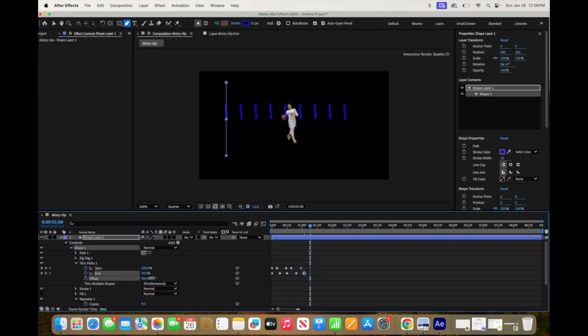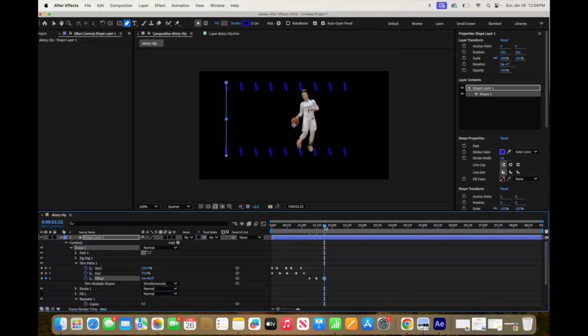And as you see, the offset keeps the animation going, and I'm going to increase the offset. I don't have the end value fully at 100% because I want to keep the length of the line the same as I keep moving on the timeline, increasing the offset value. All right, and let's just say right around here,